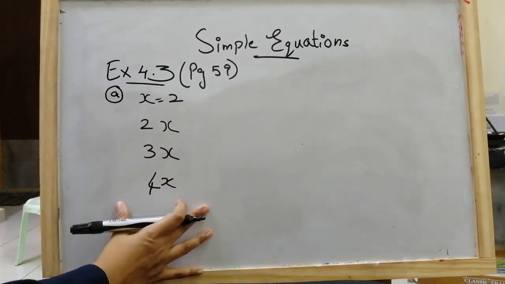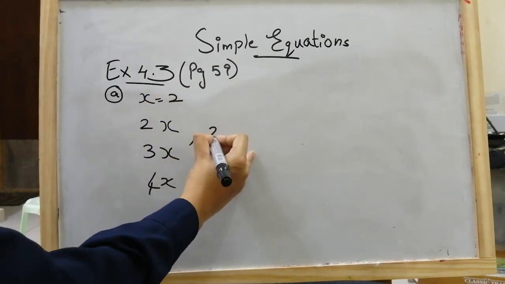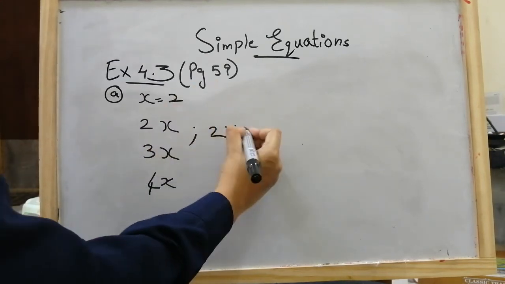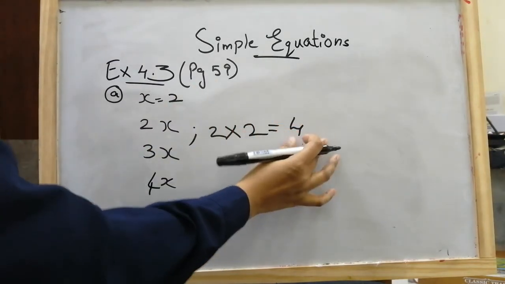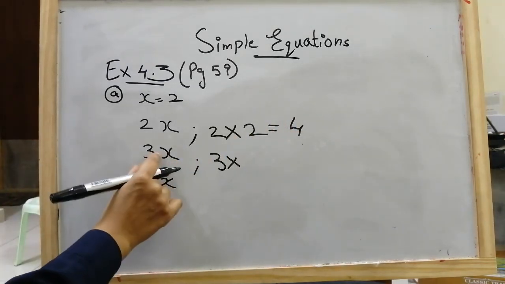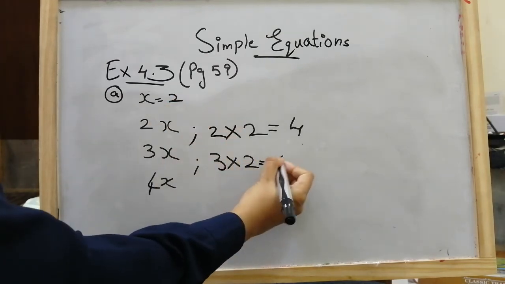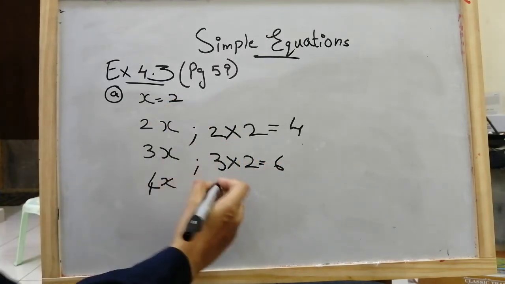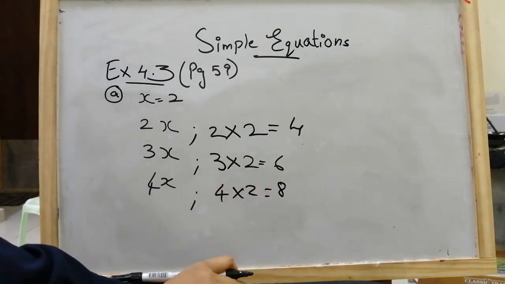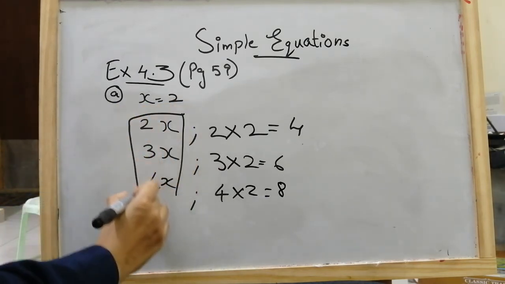Now how do you solve this? The x value is already given. So what will be here? 2 into, what is x here? It's given 2. 2 into 2, that is what? 4. Got the first one. Here 3 into, nothing in between means into, okay? Multiply, that's why. So x value is 2. 3 into 2, that is how much? 6. Here 4 into 2 again. Answer is 8. That's all you have to do. Okay, we are supposed to create 3 equations and these are the 3 equations.